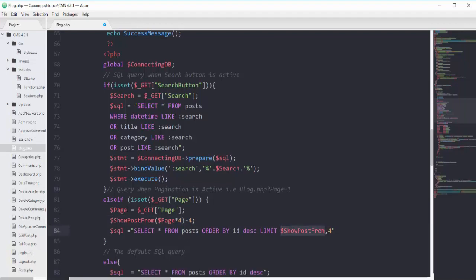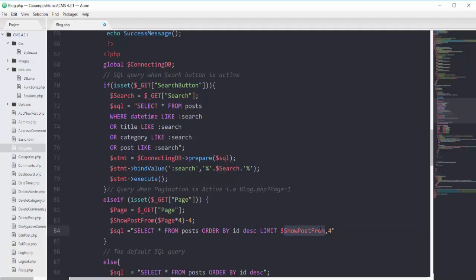For example, if I have page equal to 1 like this, 1 multiplied by 4, 4 minus 4 will be 0. So we will show our posts from 0 to the next 4. If I have page equal to 3, 3 multiplied by 4 will be 12. 12 minus 4 will be 8.